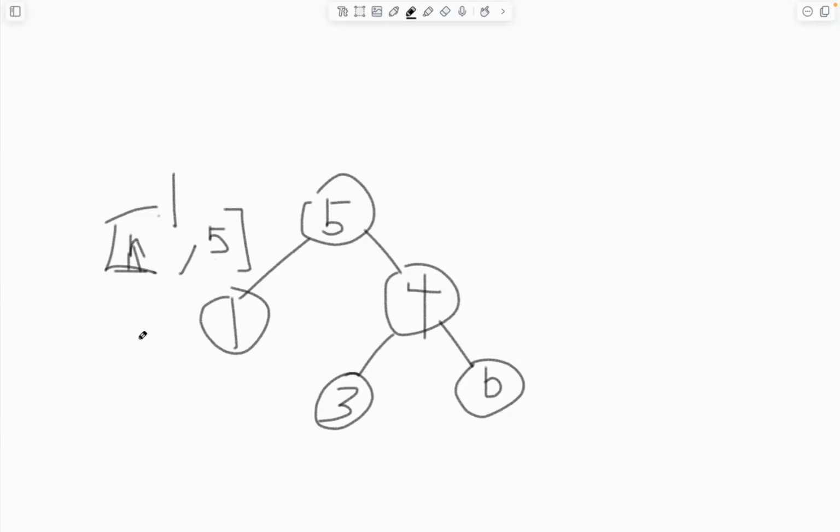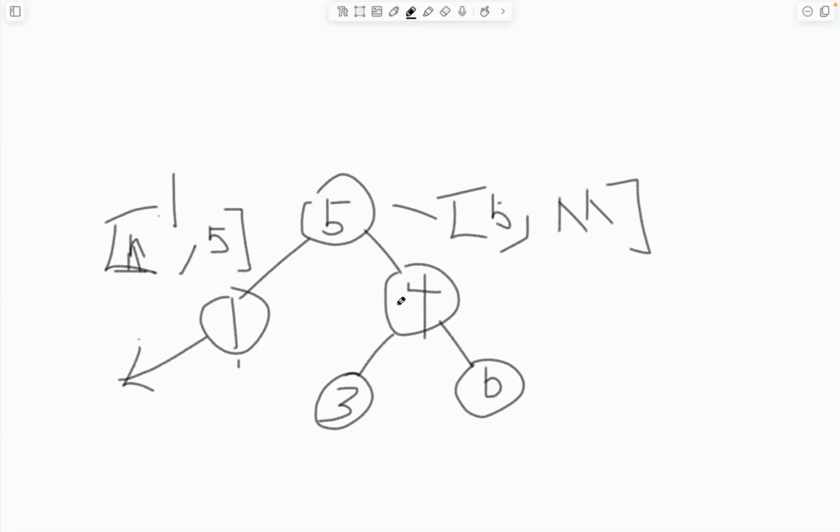Okay, we say at least this subtree is correct. Now because we cannot go down anymore, we need to go to here because here is the right subtree. So now we need to pass the 5 as the left boundary and the maximum as the right boundary,